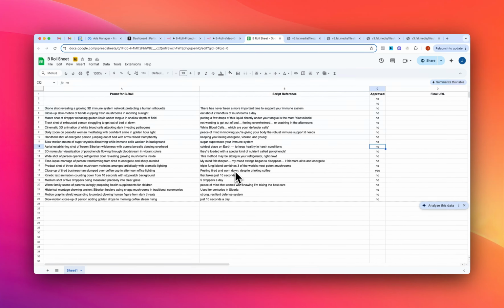Coldest place on earth. I think that one would be cool to check out as well. So we have that, and then let's just do